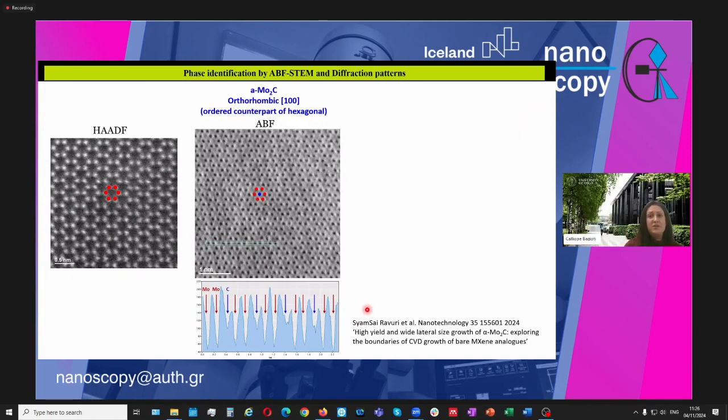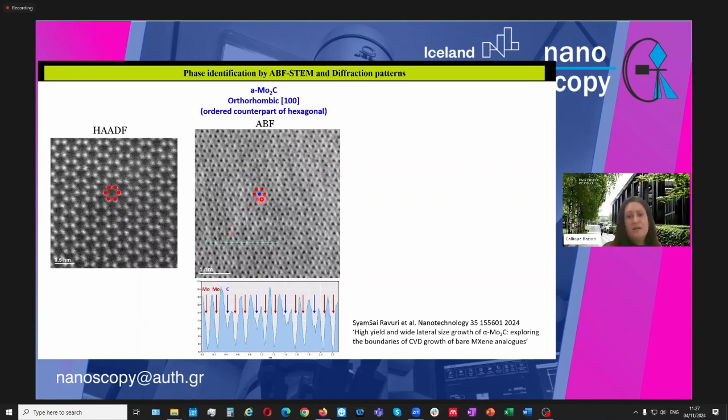With respect to phase identification, combining HAADF and annular bright field imaging was useful to basically tell the difference between the hexagonal and the orthorhombic structure. The orthorhombic structure is basically the ordered counterpart of the hexagonal. And what we found out was that